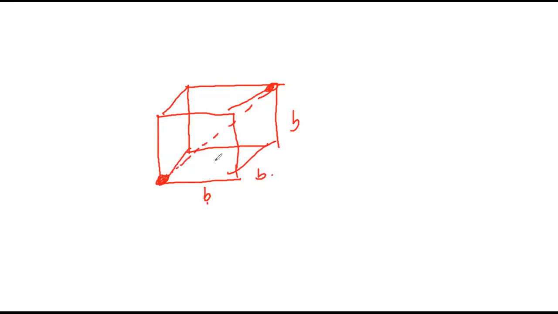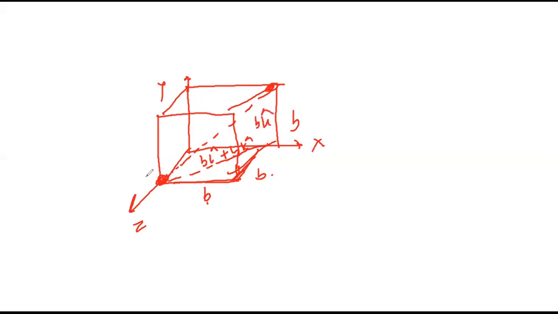This is the Pythagoras theorem of B, because this is going to be 90 degrees. So if I consider this is parallel to x and this is, suppose, parallel to z, and this is parallel to y. So this x one in vector form is B i cap. This z one is B k cap. If I take this as the x axis, this as the y axis, and this as z, so this is B i cap parallel to x, B k cap parallel to z.